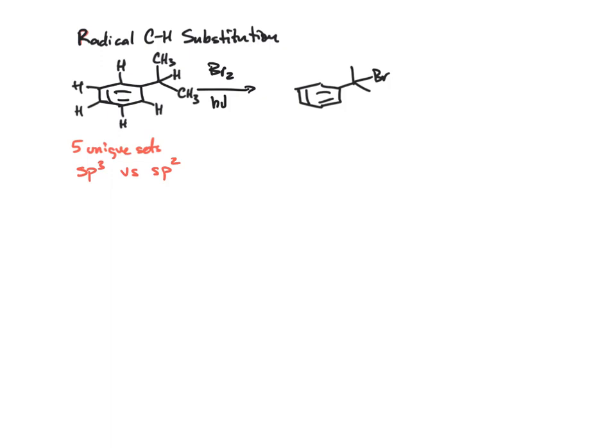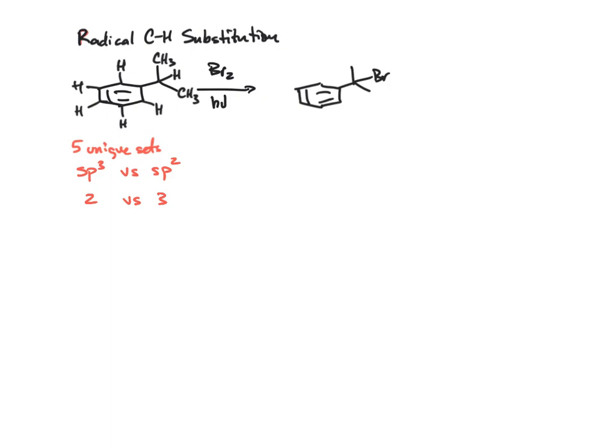So of these 5, you have 1, 2, 3, 4, 5. So these are 1, that's 2. So the sp3 has 2. The sp2 has 1, 2, 3. So we're just breaking this down, 2 sets versus 3. And the reason we want to do that for this type of problem,